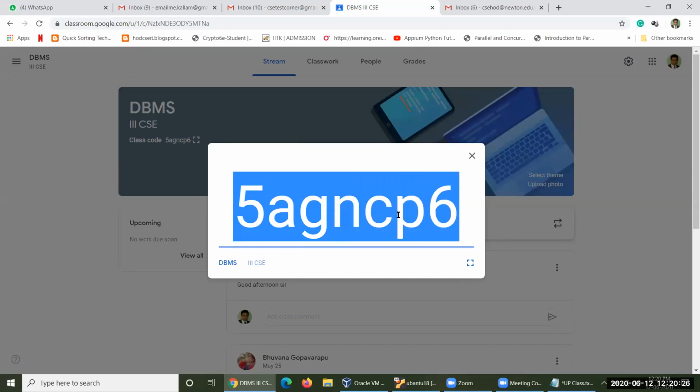So I have already posted this code to both your groups, and otherwise, Mr. Baswaras, please take care of this particular code and send it to everybody who is not yet registered with the DBMS. Please register with that. Otherwise, I'll create one more classroom. Okay, a UP classroom will be created, and I will send it out. Just wait for a while. I'll create one more classroom for you for Unix programming. I will send that classroom code to you through both groups. Accordingly, you have to re-register to that particular classroom also.